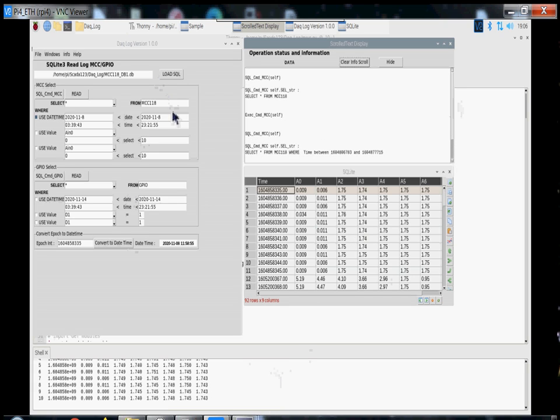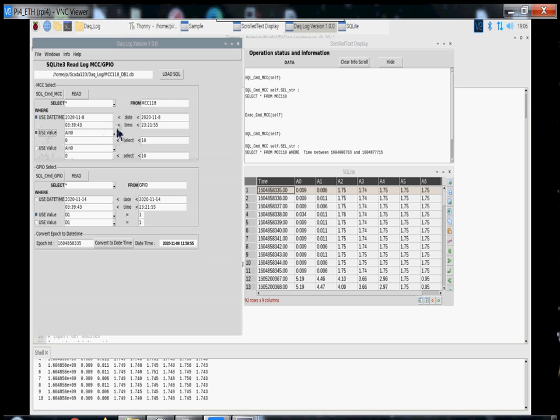Now let's refine this a little bit more. Now let's use this where, and you can select any of those input values there. If you look at the data here at A6, you've got a little change here, as well as A4 from 1.7 to 2.9 and 1.7 to 0.9. So let's look at A3, where, if we want to exclude the 1.74, let's just call it 3. So let's look at values between 3